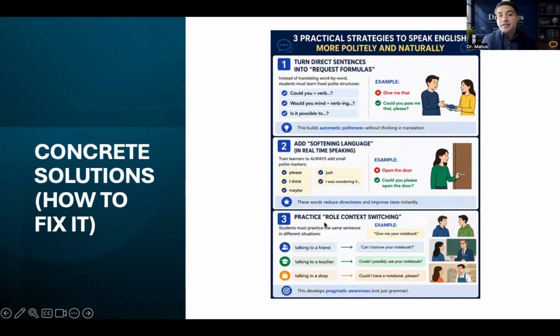Tip number three, practice role context switching. Students must practice the same sentence, but in different situations. For example, give me your notebook. Now, talking to a friend, can I borrow your notebook? Now you are talking to a teacher. Could I possibly use your notebook? Now you are talking in a shop. Could I have a notebook, please? By doing this, you will be helping your students to develop pragmatic awareness, which is not